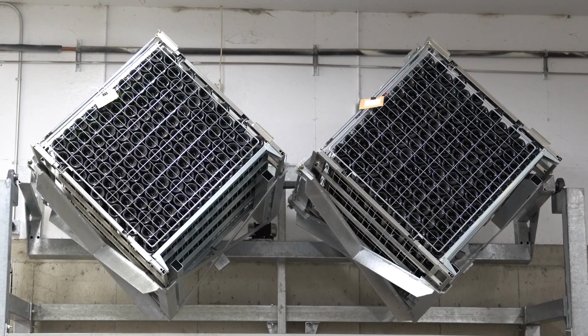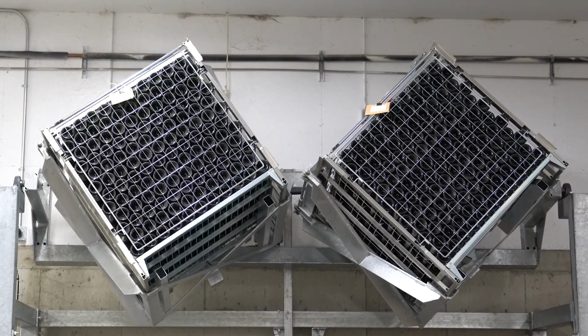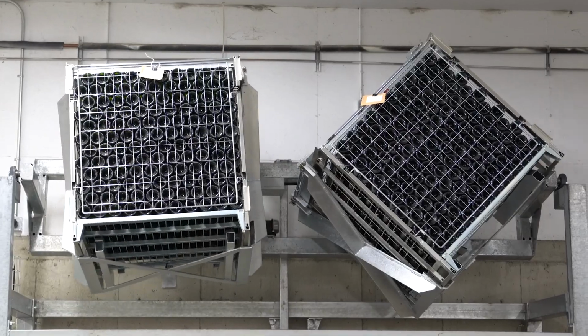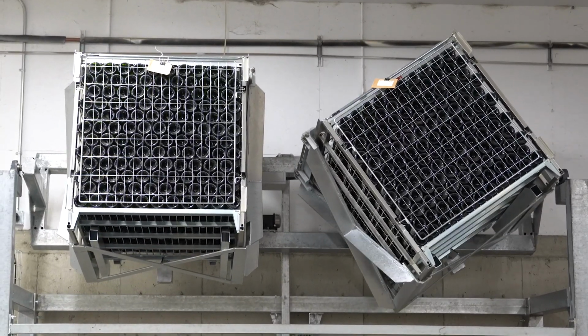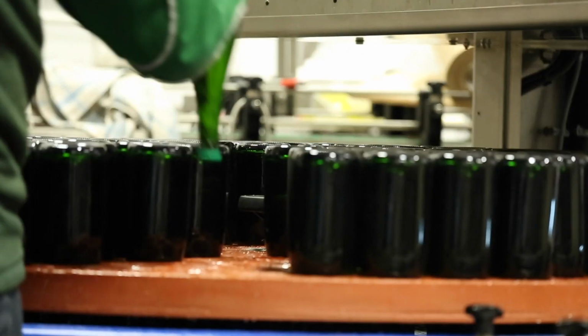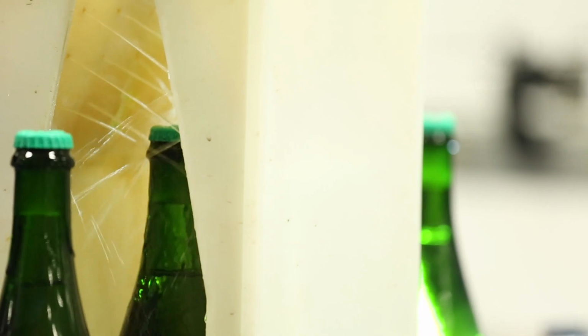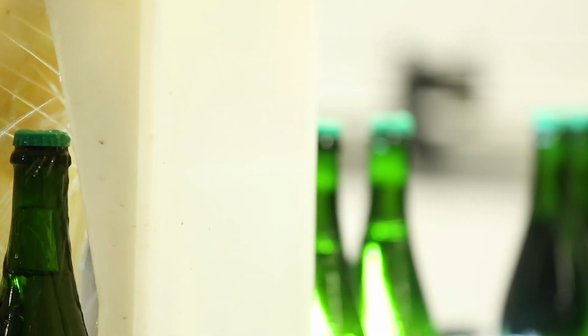And this is a process called riddling, which would be basically taking a bottle from laying flat, which is the way it would be stored for the last 2 years, and then we need to invert the bottle such that all of the yeast winds up in the neck upside down. At this point, we're going to move on to a process that we're going to call disgorging,